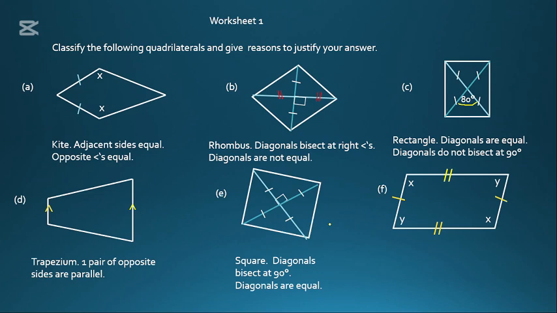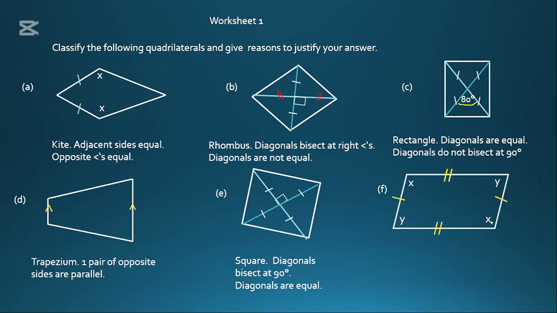Last one. You see the opposite angles are equal. So this can be a rhombus or it can be a parallelogram. Why is it not a rhombus? Because in a rhombus all four sides are equal. So this can only be a parallelogram because in a parallelogram